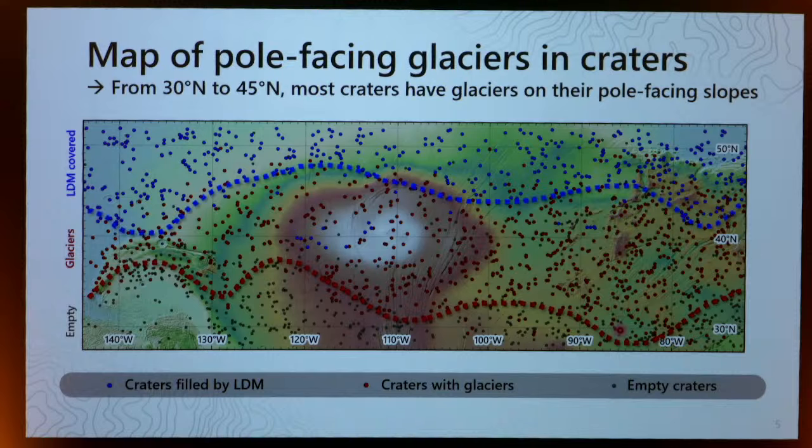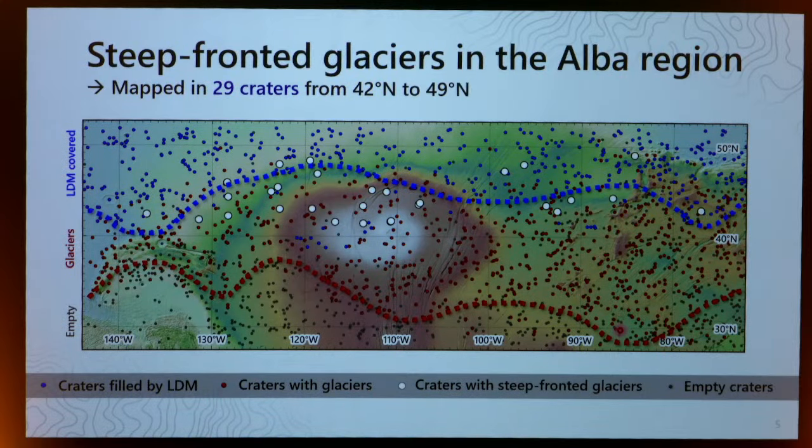And all the blue points are craters that are covered by the latitude-dependent mantle that was already described in a previous presentation. That is one of the most recent deposits, so it is mantling the topography, and it prevents us from exploring further the steep front deposits. And when we add the map of the steep front deposits on this map, we can see that